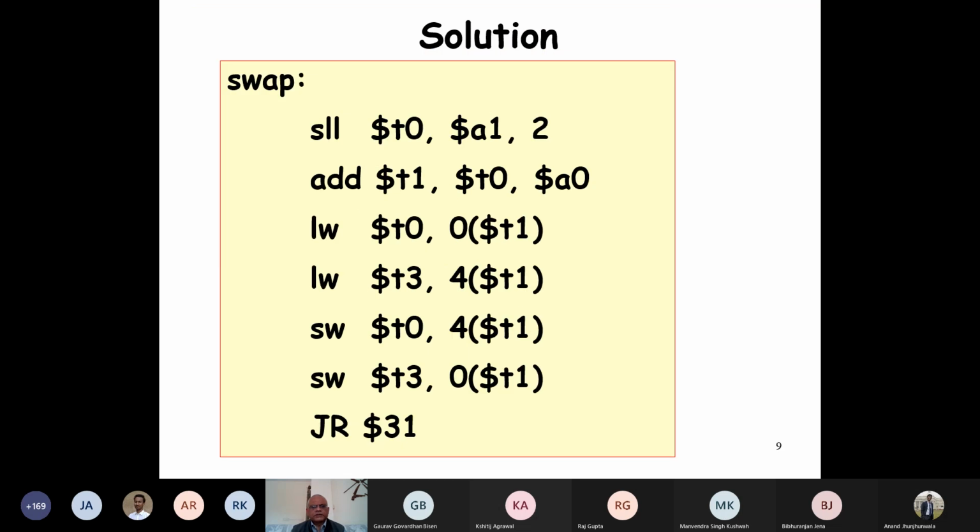A1 was having K, so 4K it has. And now we have added the start address of the array with 4K, and that is the place where we want to do the interchange.